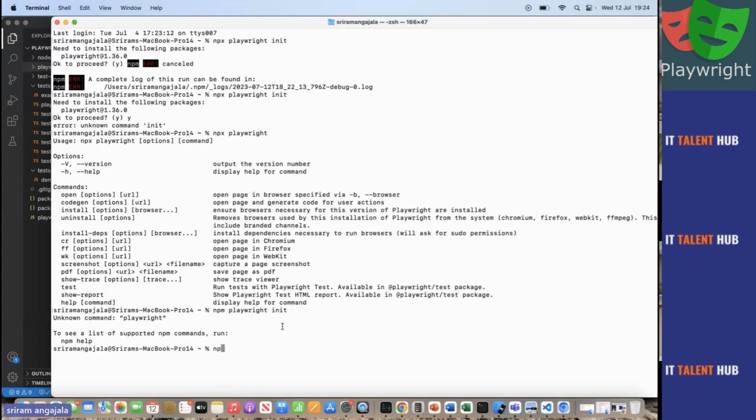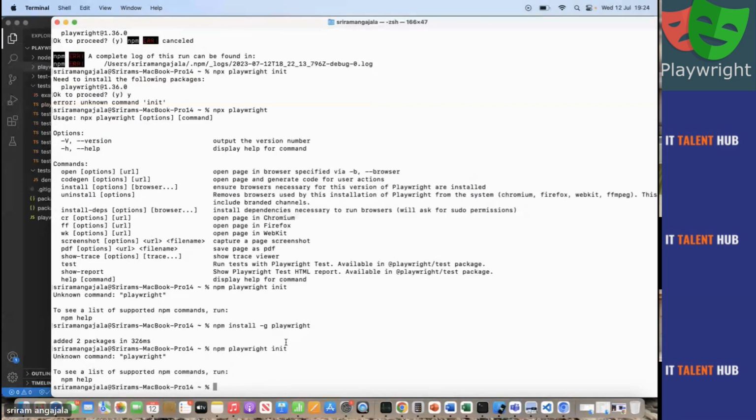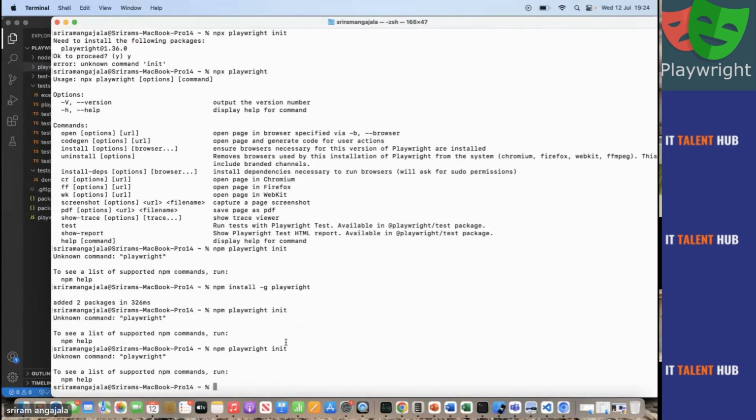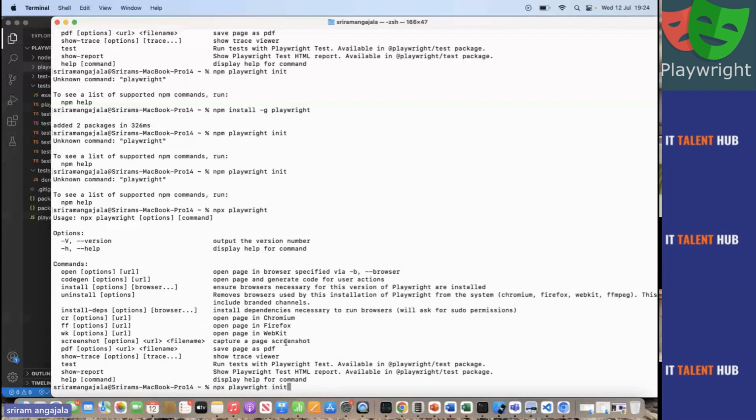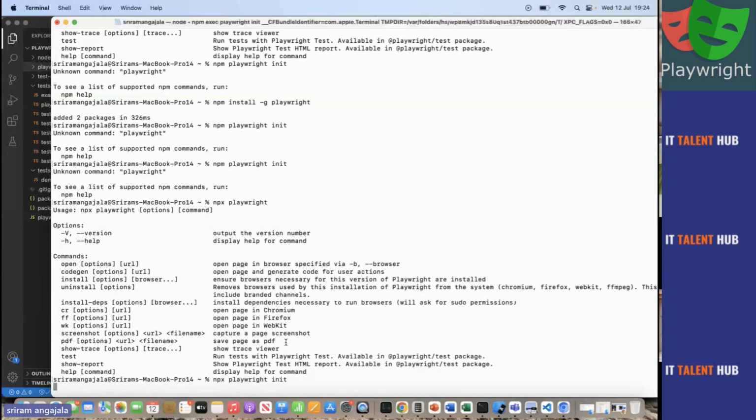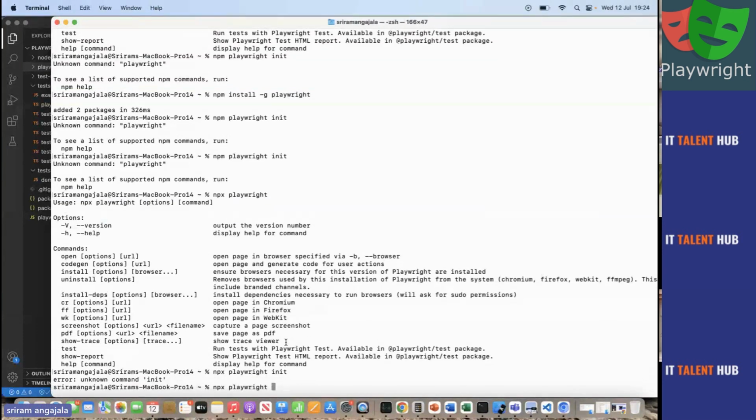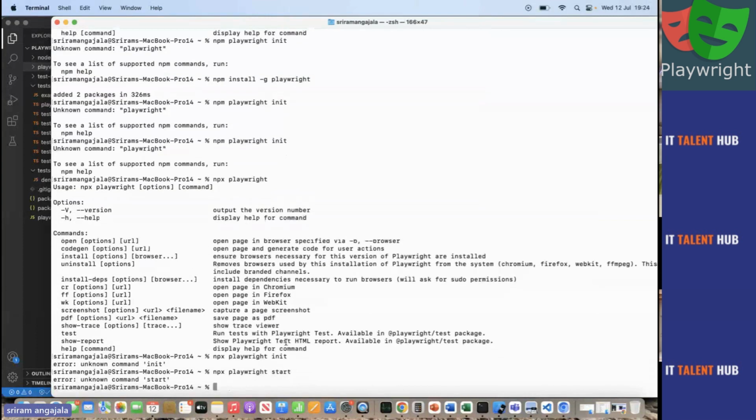So I'll just start with npm install -g playwright. Okay, one second. It's not global. So I can make the installation global, and then playwright. Okay, it is recognizing install start or start, I think.